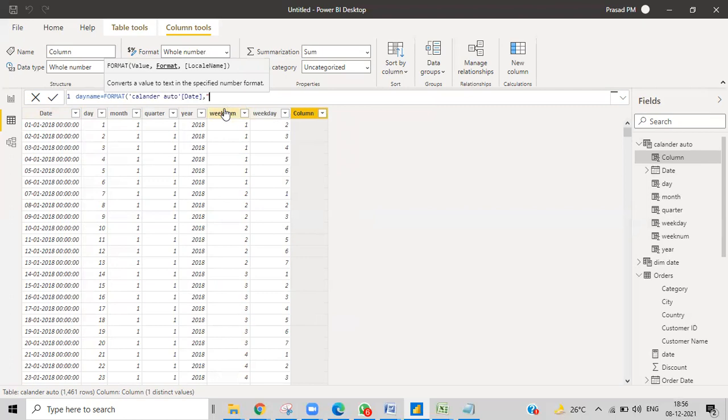My format will be DDD. You know what DDD is, right? In the earlier class, I hope we discussed it. In the text formats, we discussed formats. Yes, but not what this DDD is. I'll show you that.